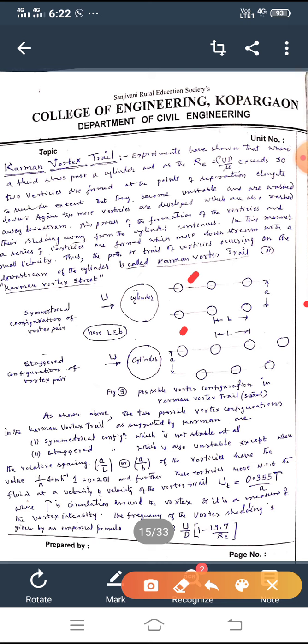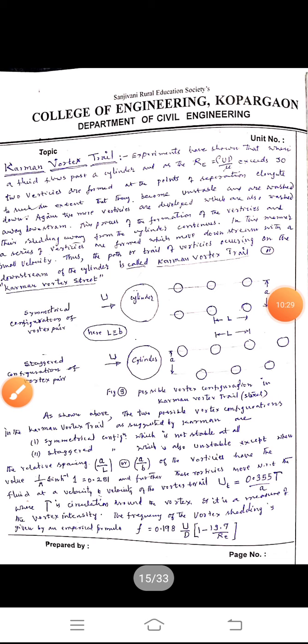He observed that there may be two such configurations, one symmetrical configuration, another staggered configuration. The distance between these two vortices in vertical direction is A, in horizontal direction it is L, or in some textbooks it is taken as small b. In any textbook that symbol is A only. So the symmetrical configuration of Karman vortex trail is totally unstable. It is not at all stable. Whereas staggered